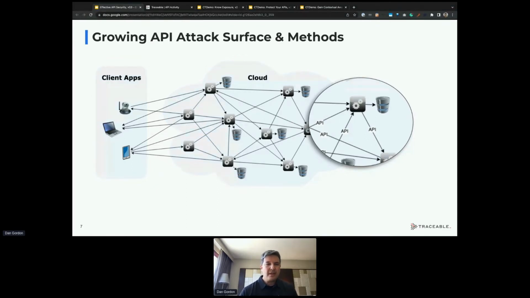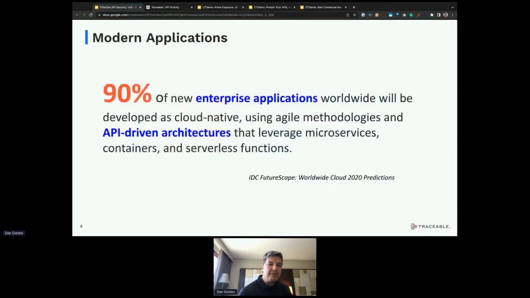So to put it another way, if we look at this, is this happening everywhere? Or am I just talking about a few unicorns? I think we all get at this point, and that's why we're all at this conference, that this was a prediction from a couple of years ago which has proven to hold true. IDC said 90% of new enterprise applications would be API-driven architectures. And we've seen that push just rapidly.